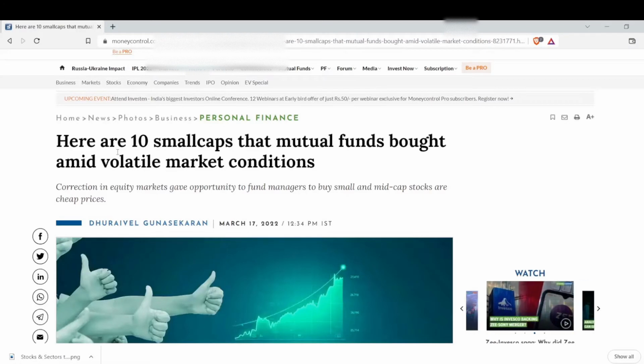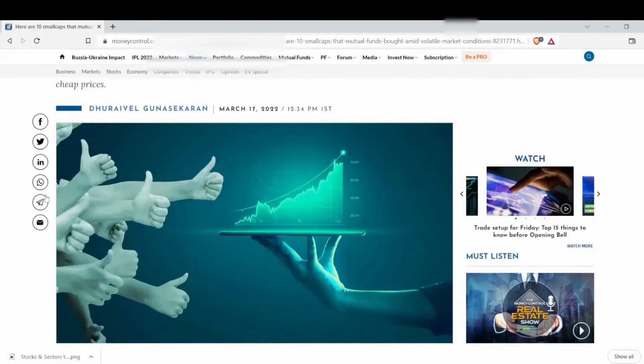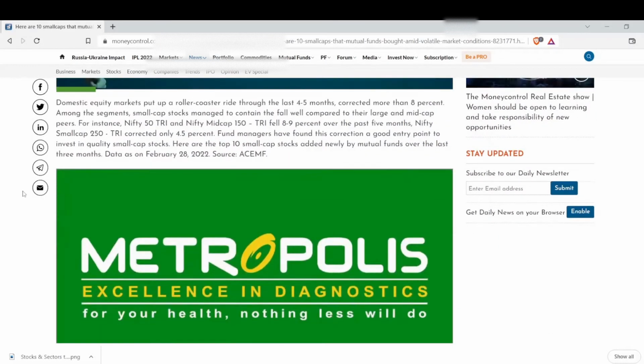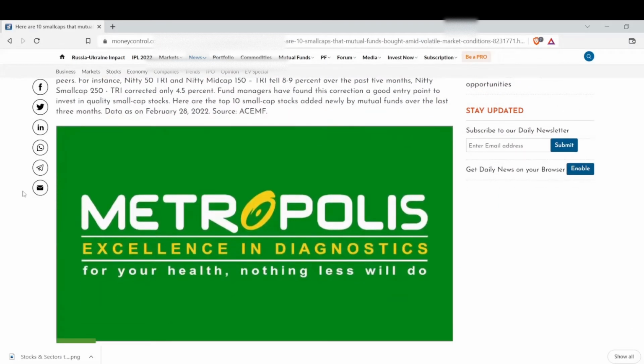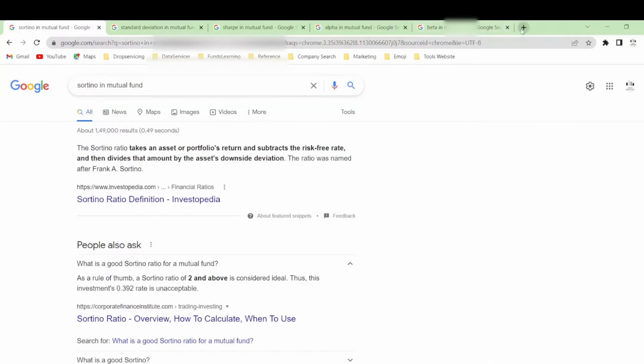So in this video, we are going to see about 10 small caps that mutual funds bought despite the market condition being so weak. The first stock that we're going to see is Metropolis. If we take a look at the stock,